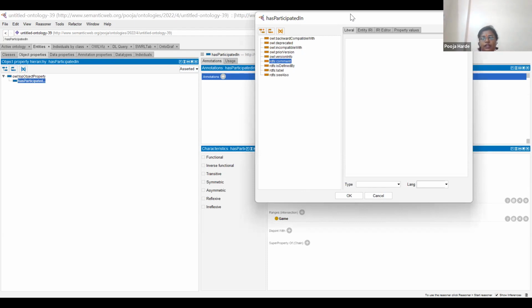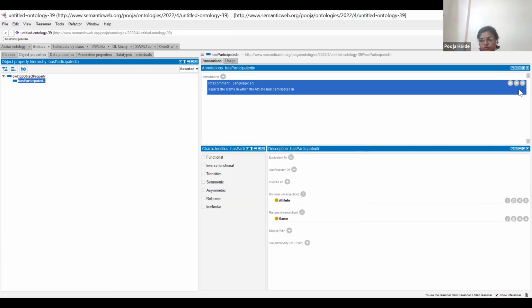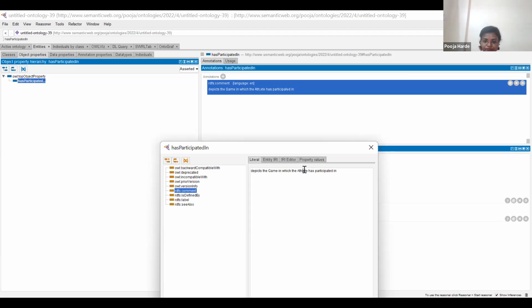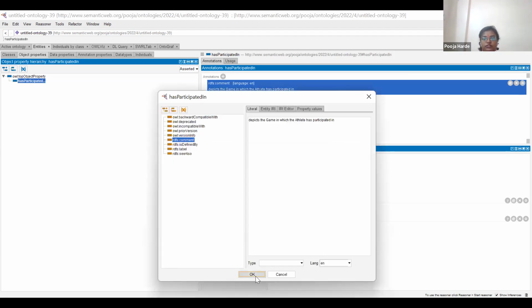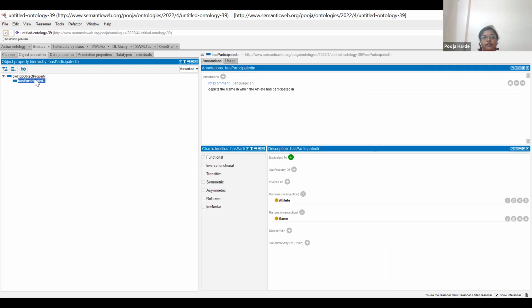In the comment, I will add it in this way. Again, the language, and then okay. If you want to edit it, there is a small icon here. You can also edit whatever comments you have written. So now we have two classes, game and athlete, with one object property, has participated in, and